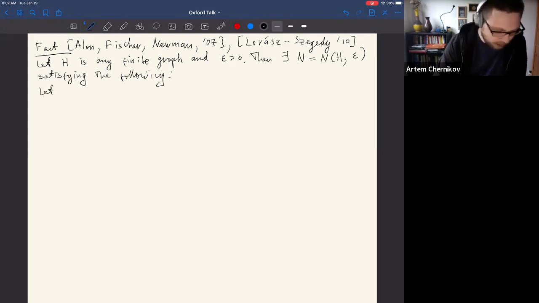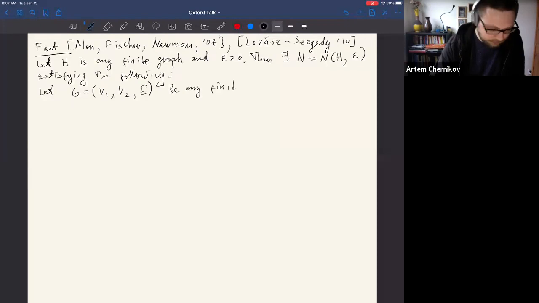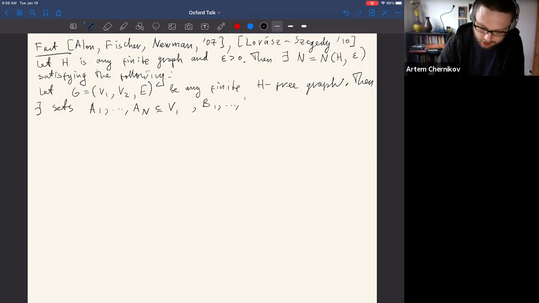So whenever we are given a finite graph G with parts V1, V2, and the edge relation E, any finite graph which is H3, then there exist sets A1 through A capital N, subsets of V1, and sets B1 through Bn, subsets of V2,